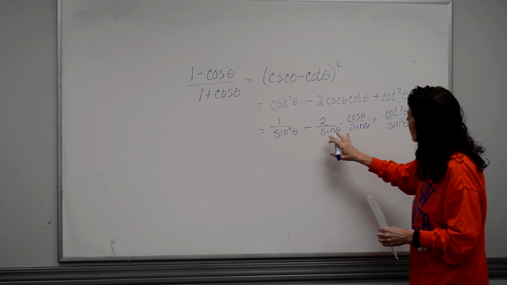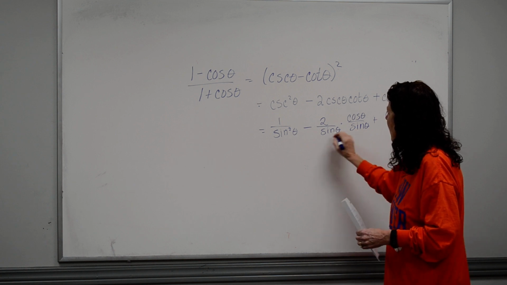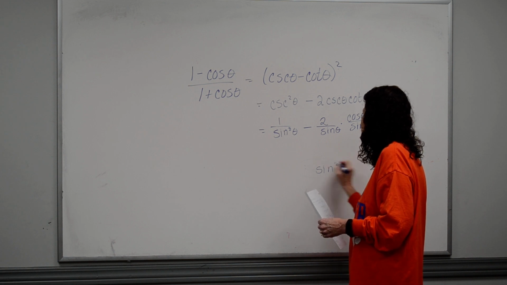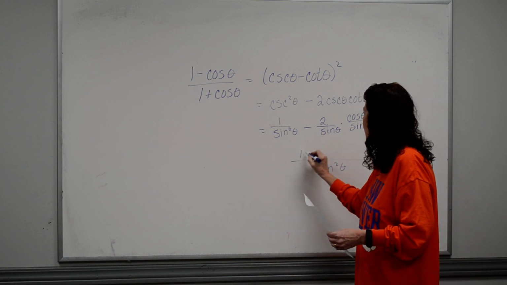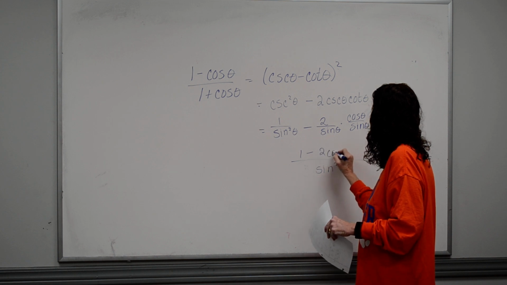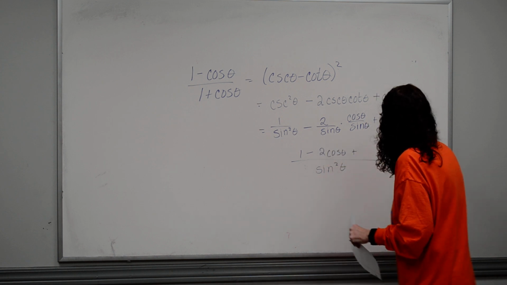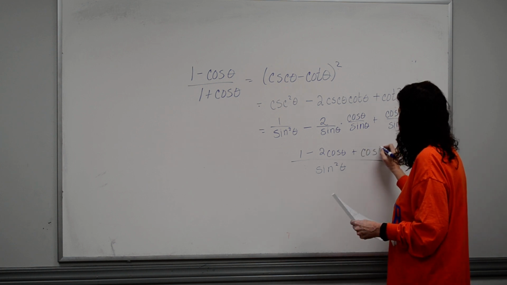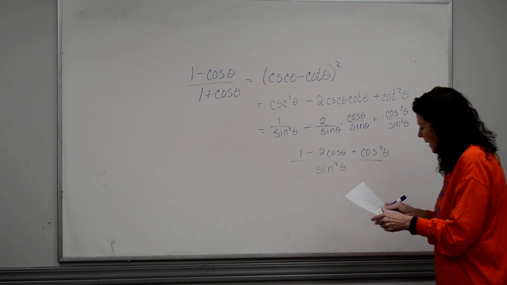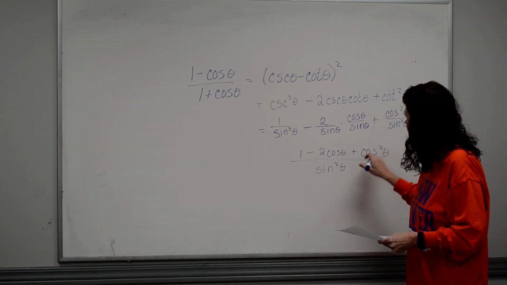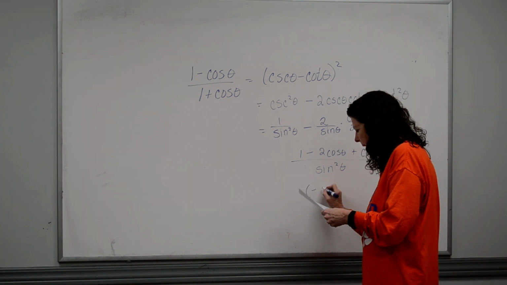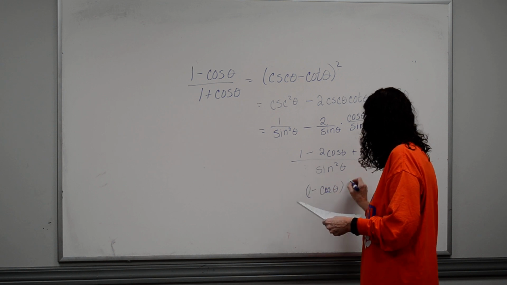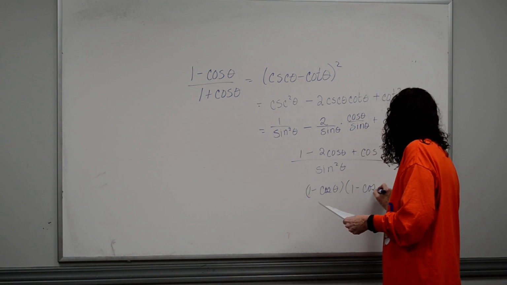Okay, so if I'm multiplying these two things together, I have sine squared on the bottom here. So I have a common denominator of sine squared theta. Then on the top I have 1 minus 2 times the cosine of theta, plus the cosine squared theta. If I look at the factors, this is going to be 1 minus the cosine of theta times 1 minus the cosine of theta